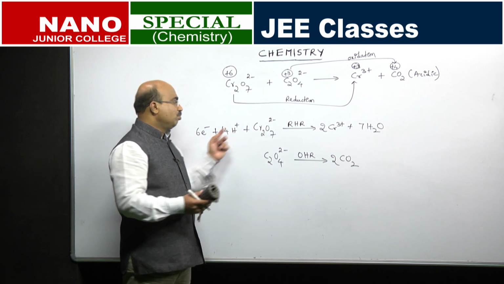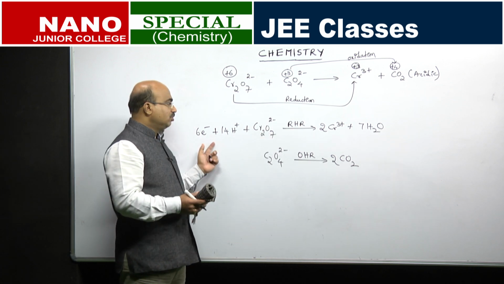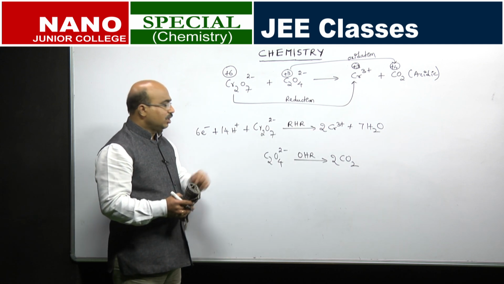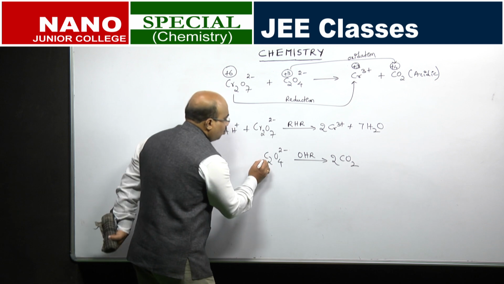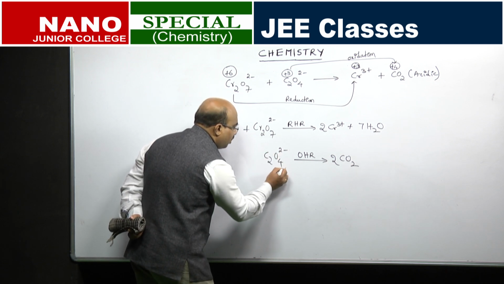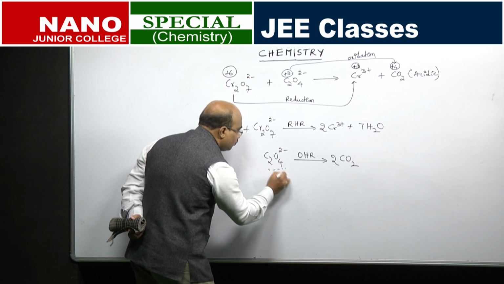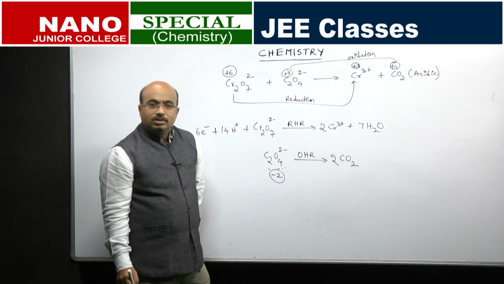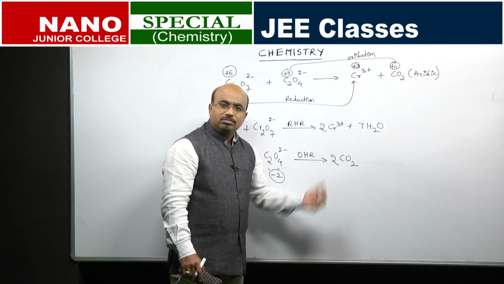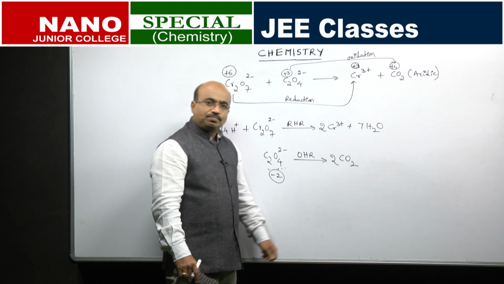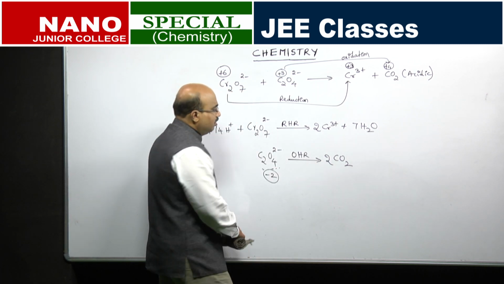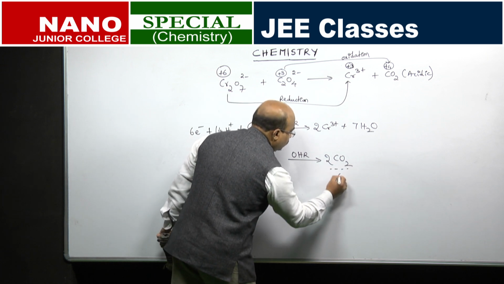So, now the charge on both sides will become plus 6 here and plus 6 there. Now, what is in this case? The total charge on the 2 carbons and 4 oxygens together is minus 2. So, the left hand charge is minus 2. And what is the right hand charge here? 0. Carbon dioxide is a molecule, so the carbon dioxide charge totally is 0, and 2 are there even. So, this charge is totally 0.